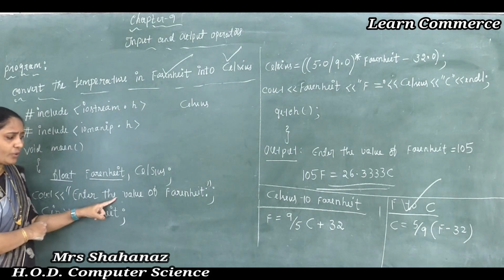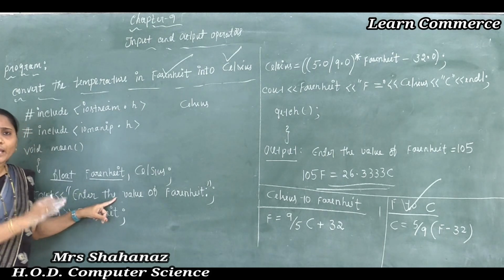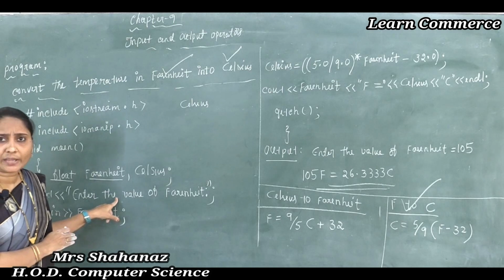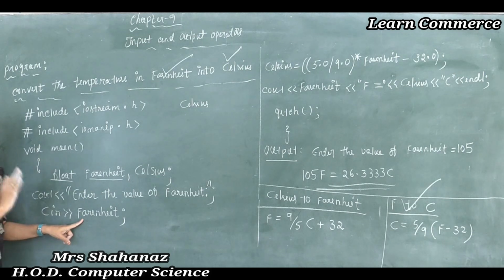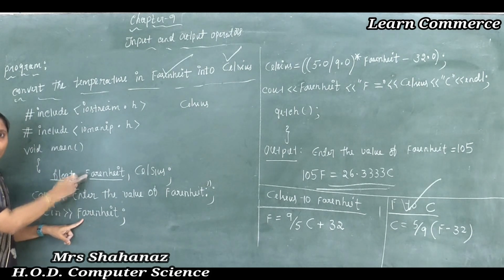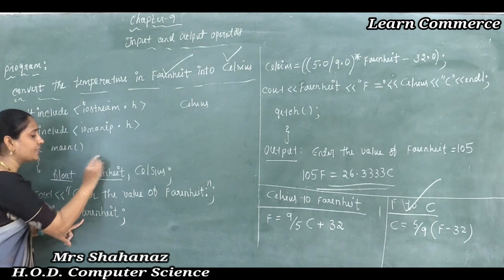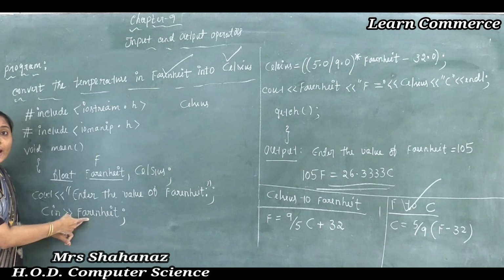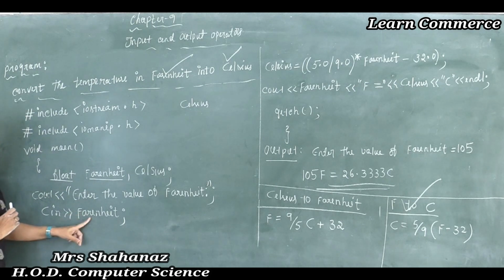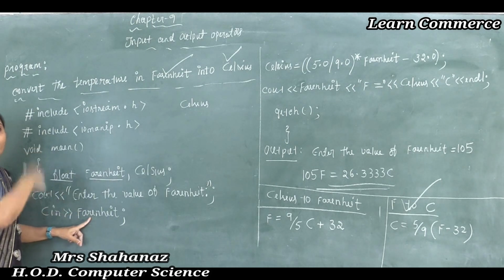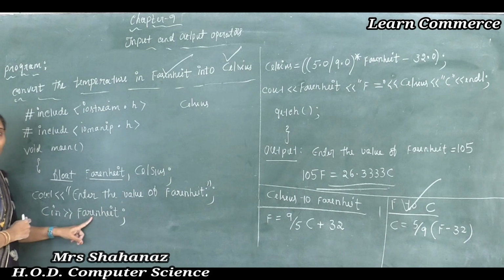Maybe while using it in double quotation, any type of spelling you can use, no problem. But while inputting some data into the variable, however the variable was declared, maybe capital F, then capital F only. Maybe if I declare just F, then we just need to write F only. So depending on the declaration of the variable we need to use it. Okay? Cin Fahrenheit, that means when you are displaying the message, I am inputting some value into the variable